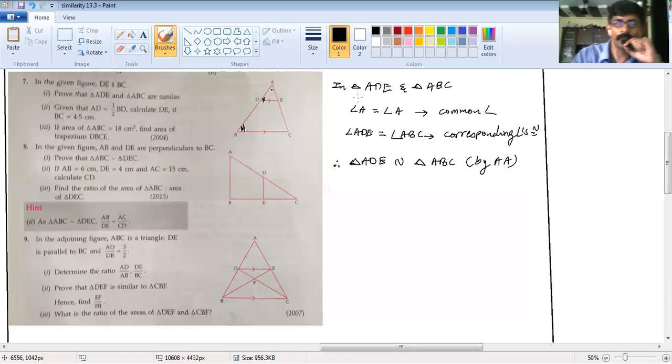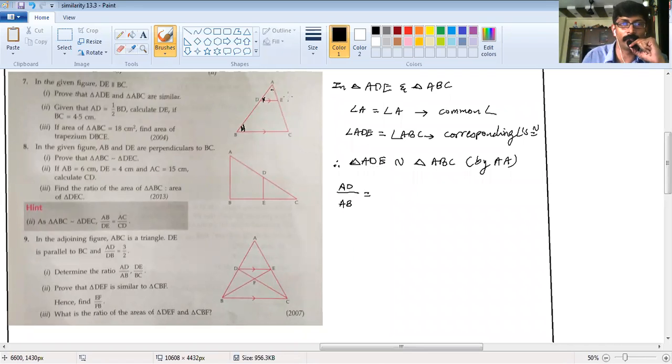So, now students understand, whenever we write two triangles are similar, after that there is a standard statement, that is, after the vertices correspondence there is a standard sentence: AD upon AB, corresponding sides are in proportion. So what we can say, AD upon AB is equal to AE upon AC, and now that would be equal to DE upon BC.